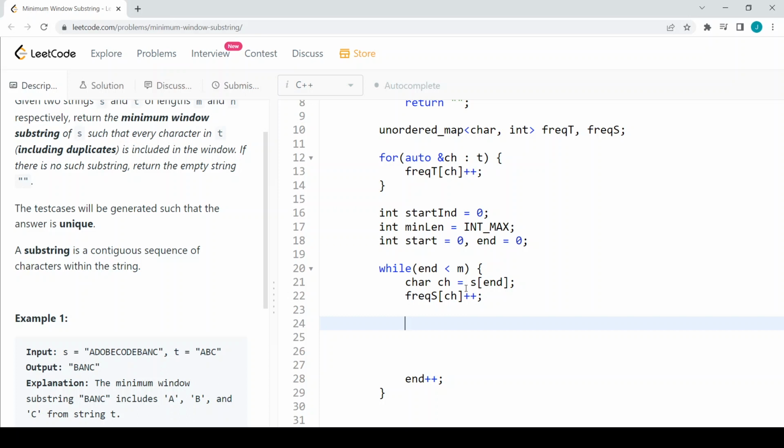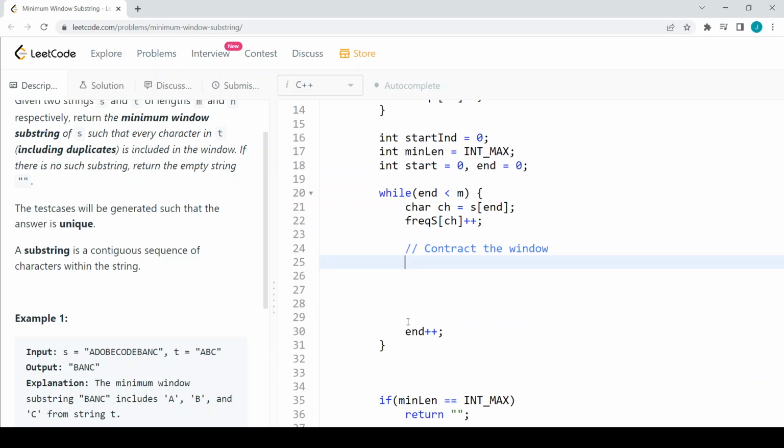I will check whether this satisfies the condition. If this satisfies the condition, what I'm going to do here is contract the window. Whenever I enter, I will store the frequency and I will contract the window. How I'm going to contract the window is, while my start